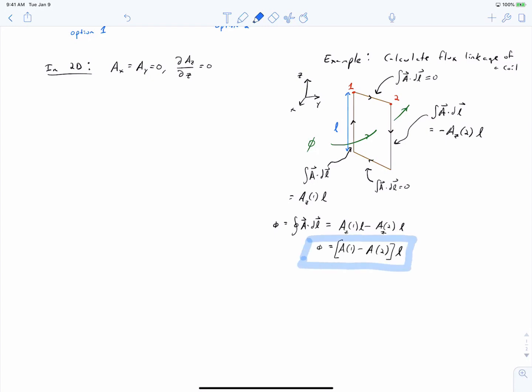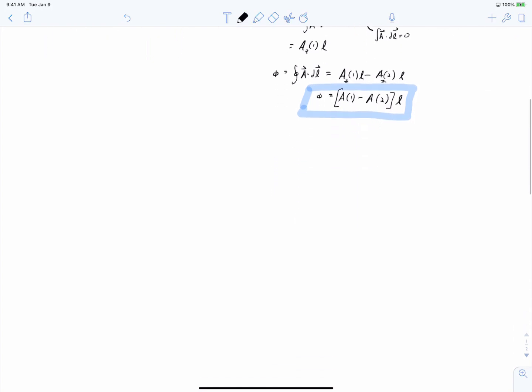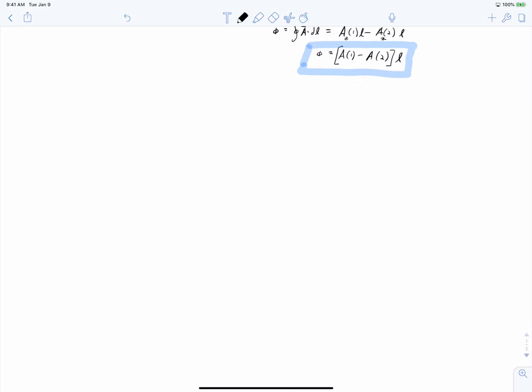And if you've done this yourself with an FEA tool, this is a very simple calculation to make. All you have to do is sample your vector potential at these two corners of your coil, and suddenly you know the total flux that's linking your coil. And we can expand on this to make another interesting observation, which pertains to the flux plots that we see